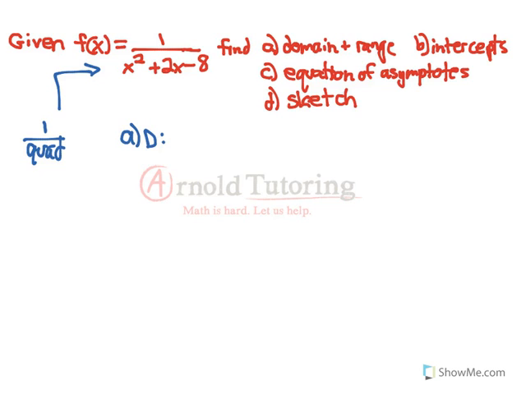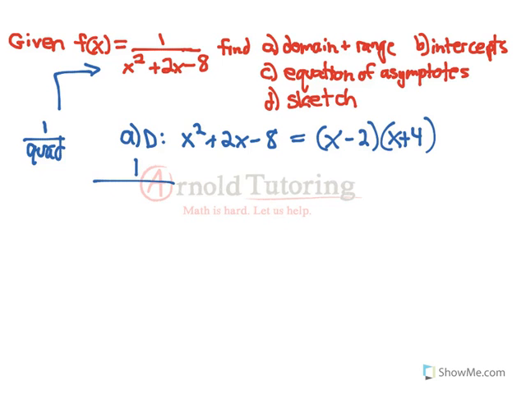So how do we find what values will make the bottom go to 0? Well, x squared plus 2x minus 8. That's a quadratic that can be factored to find its zeros of x minus 2 and x plus 4. Perfect. So I'm actually going to rewrite the function as 1 over x minus 2 times x plus 4. And you can clearly see that the values of x being 2 or negative 4 would make the denominator 0. So I'm going to say the domain is